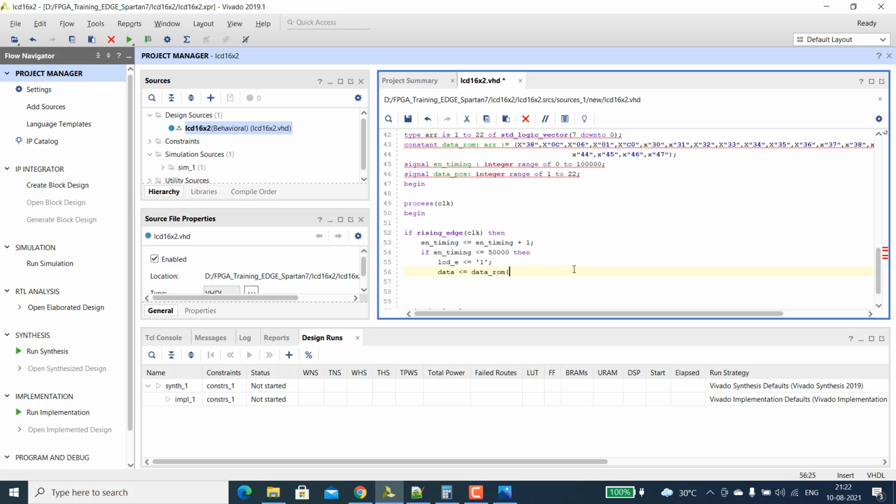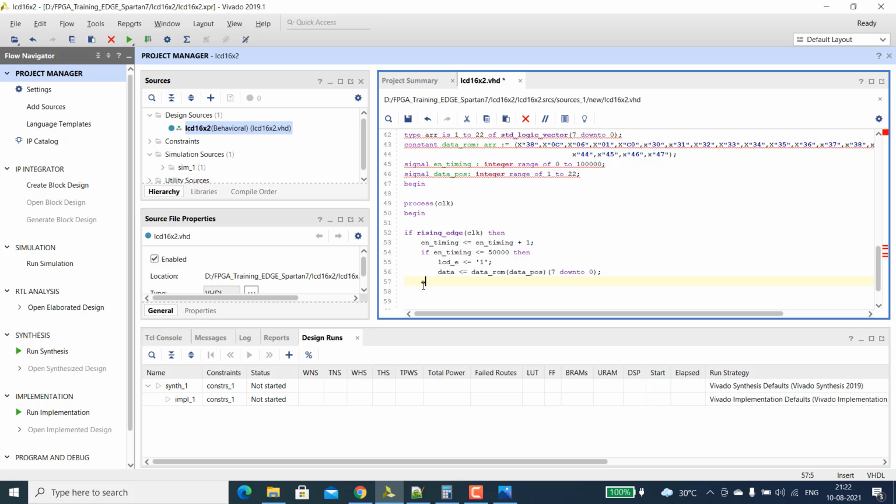Data ROM of, first we take the data position, and then we declare 7 down to 0, because it is a two-dimensional array. 7 down to 0. Okay, fine. We keep this LCD enable 1 and send this data.